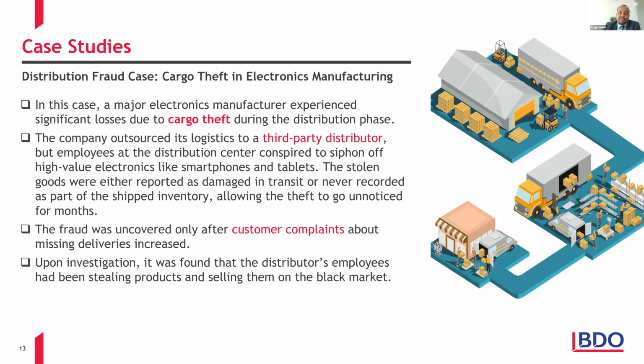on their own means. The key gap that was exploited here was a lack of transparency and accountability in the supply chain, and then it was compounded by poor tracking of goods during transit. And this also emphasizes the need for tighter controls, such as real-time GPS tracking of shipments and thorough auditing